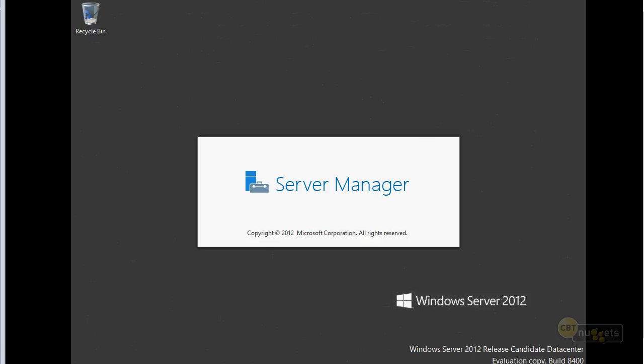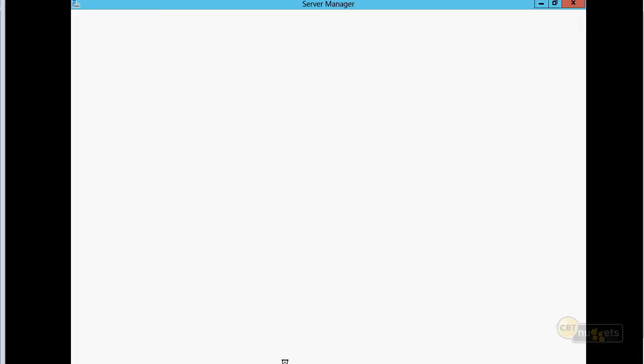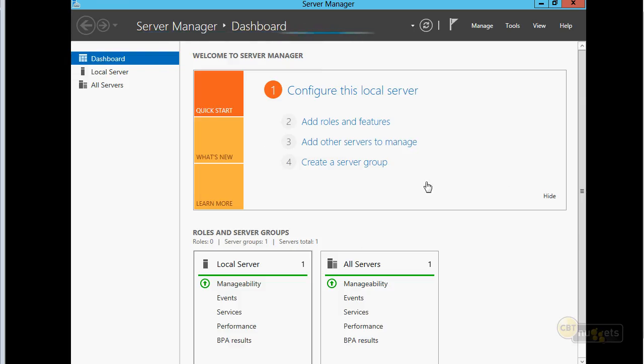And you'll see that it's also loading Server Manager by default here, and that's what you can use to get started in the configuration of the system. I'm not going to elaborate on that too much right now because we will address that a little bit later. But as you can see, that's what it looks like. Again, a little bit different if you're used to previous versions of Windows.